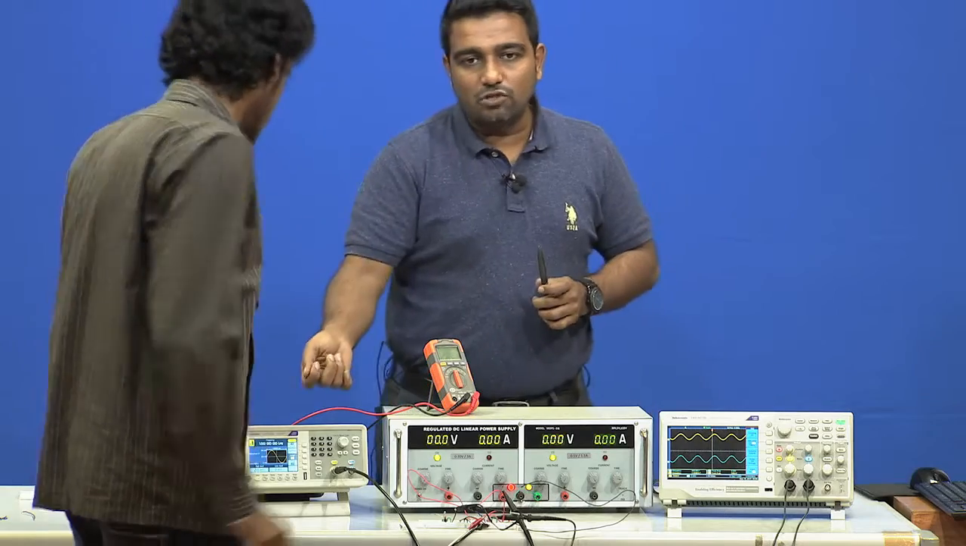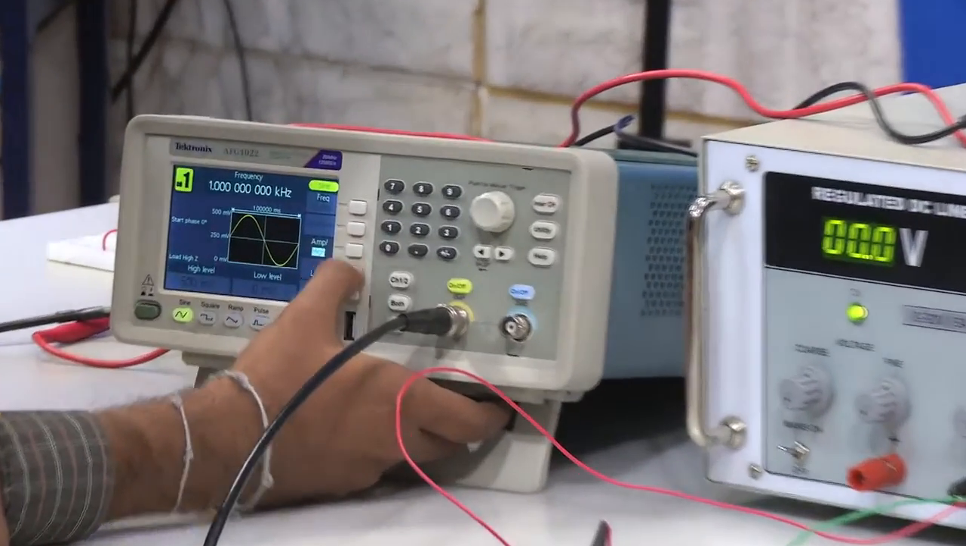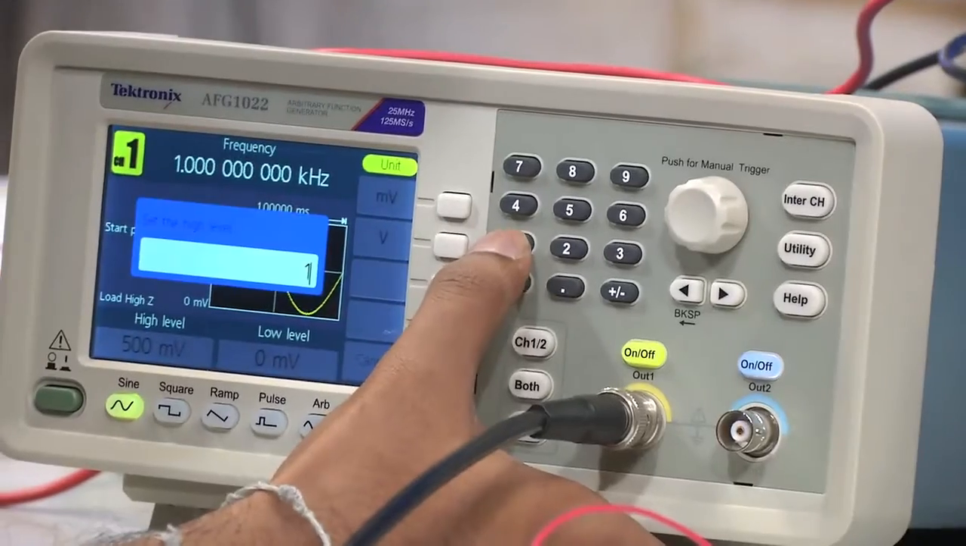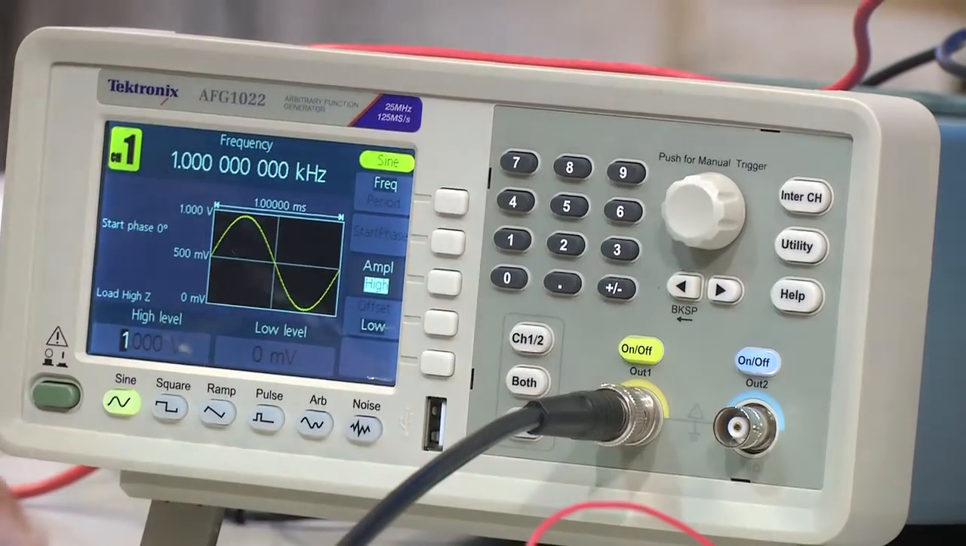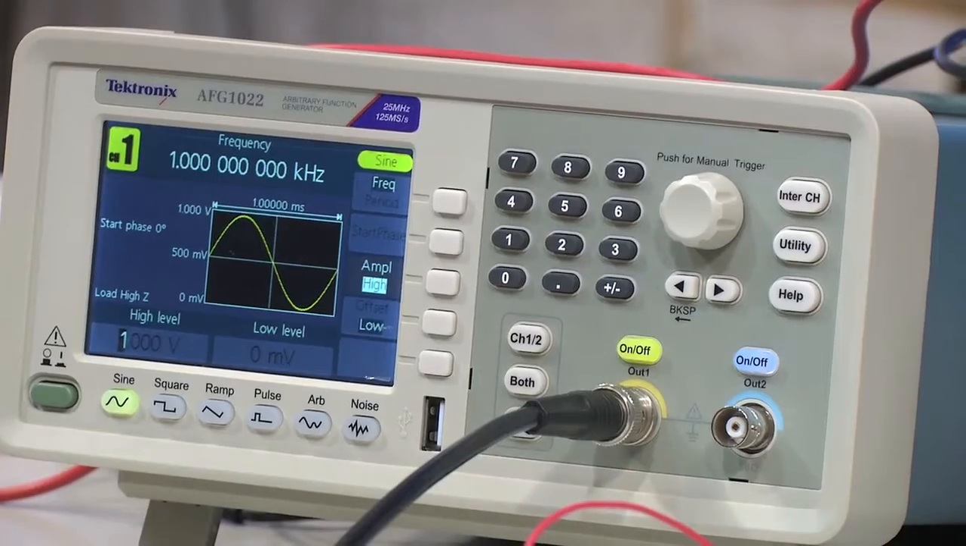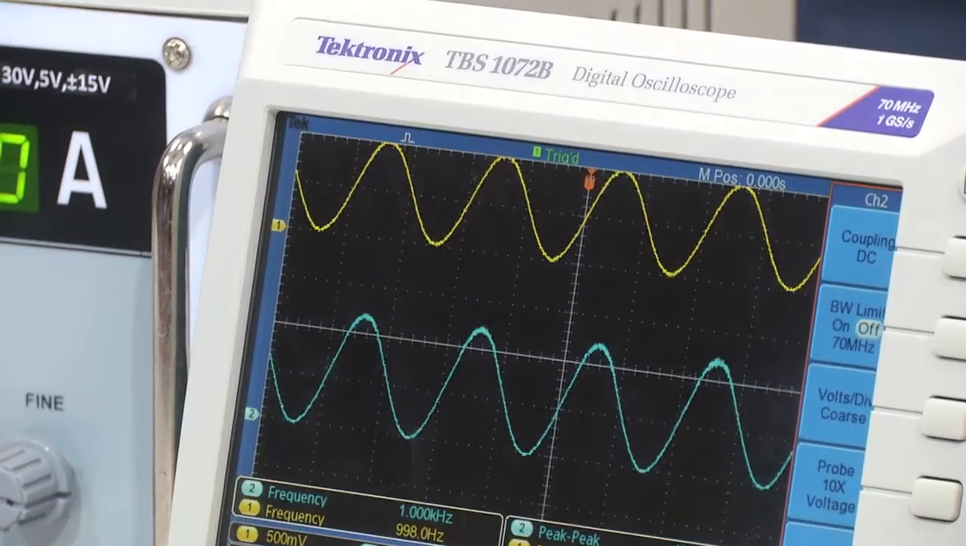Now, let us increase to 1 volt. So, now he is increasing the voltage to 1 volt. 1 volt he has increased, right. So, now when we apply 1 volt, what is the output? Let us see in the oscilloscope, 1 volt, the output peak to peak value,